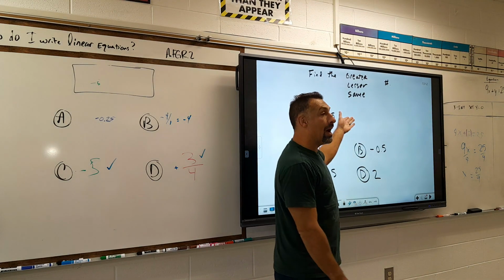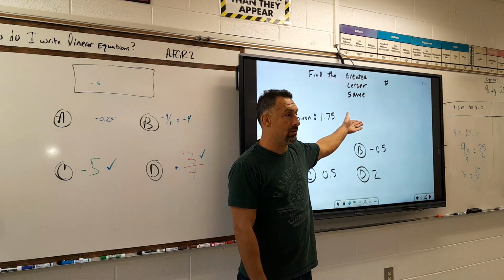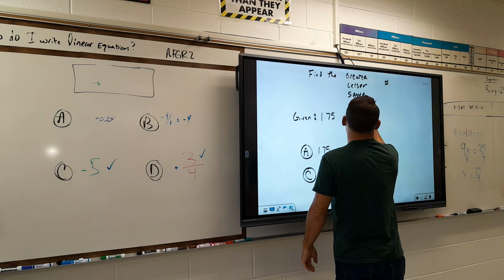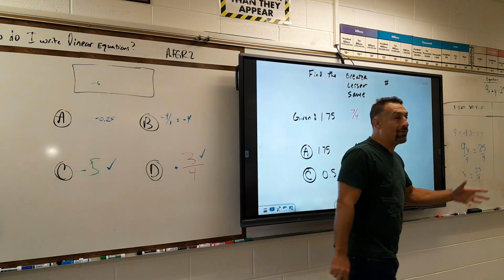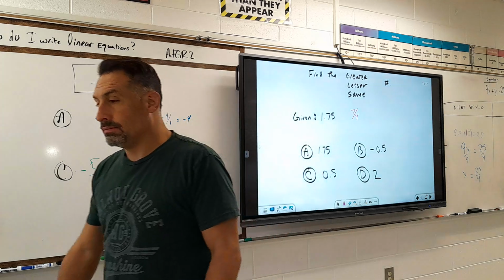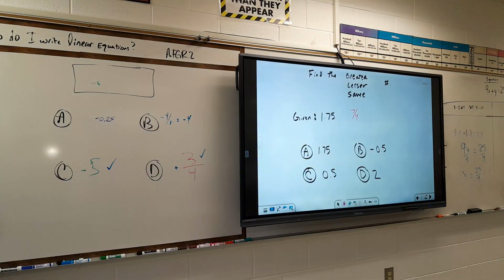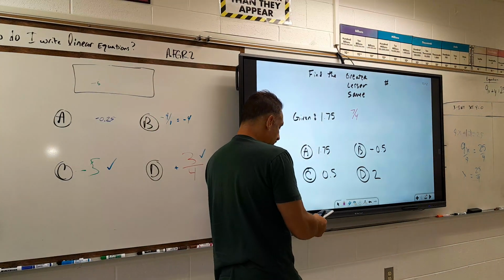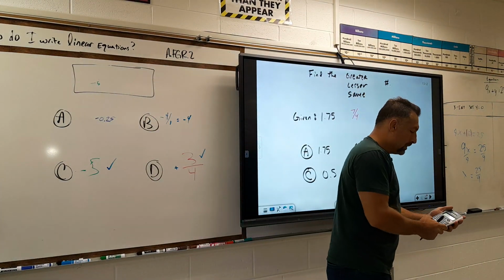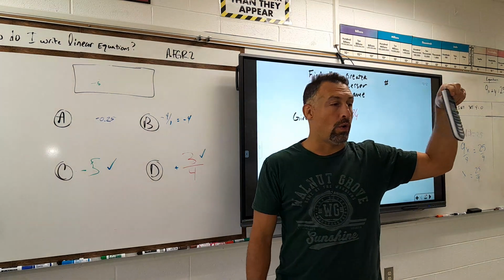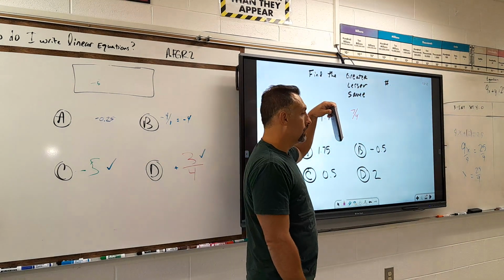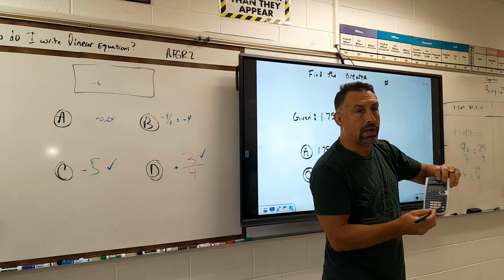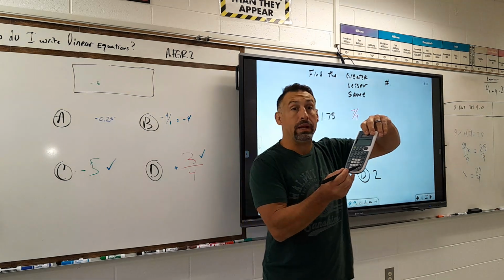So if you figure out your first number is 1.75, sometimes it comes in the form of a fraction, like 7/4. Does everyone have their calculator? Turn it on. Use the N over D button, and if you type in 7/4 and you hit enter, it stays as 7/4. If you hit the button right above the enter button, this double arrow button right here,